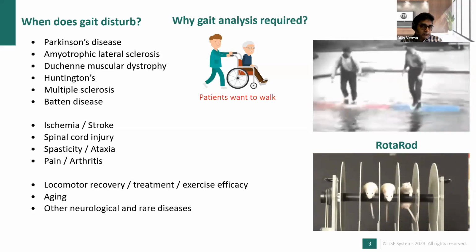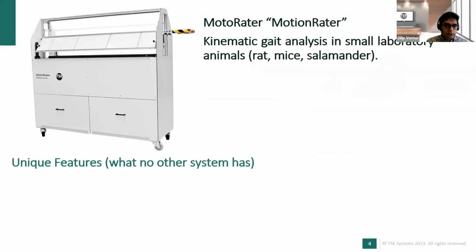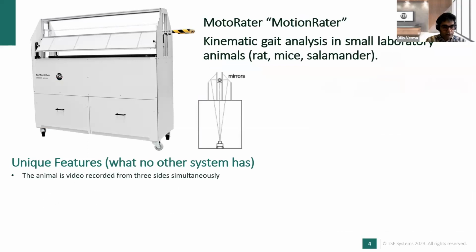Therefore, you need a device like the Moderator, which can rate all these motor cycles in small laboratory animals, for example, rats, mice or salamanders. The Moderator brings you a lot of unique features which no other device provides on the market. For example, you can have a video recording from three different sides simultaneously. So you can have a ventral recording, and you can also get the left and right profile through the mirrors